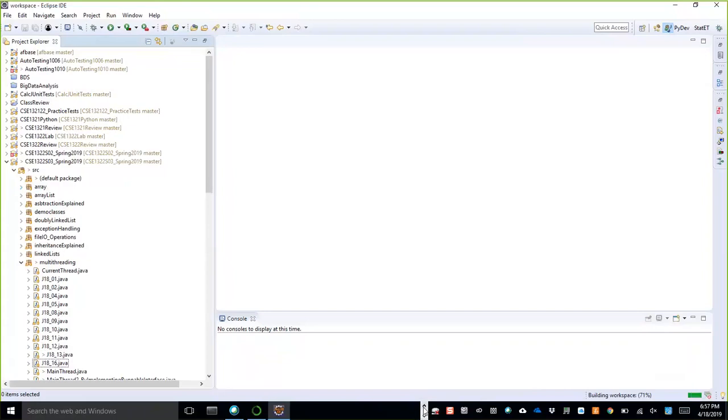Can anyone go to the board and write a two-dimensional array? Michael, go to the board, please, and write a 3 by 3 array. Anyone?